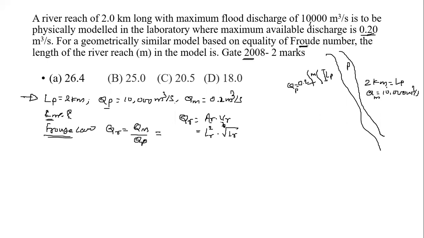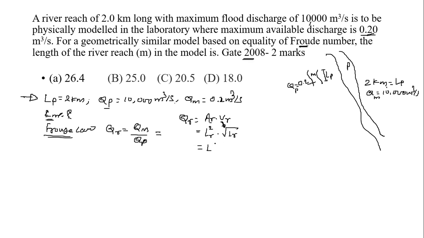What is the velocity scale ratio? QR equal to LR raised to 2.5, sir. No, that is a direct one. But as per the Froude law, what is the velocity scale ratio I am talking about? Is it LR? Root LR. Root LR, sir. Root LR. And if you go for the combination of the powers, that is LR raised to 2 and